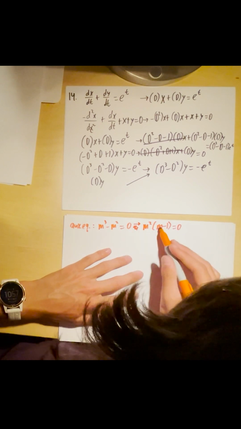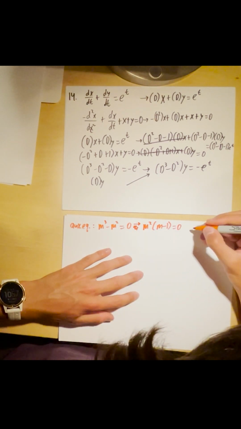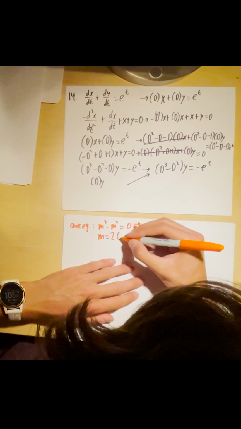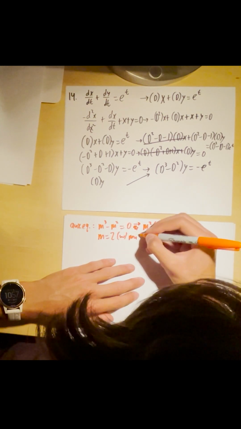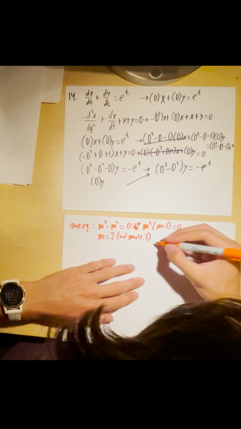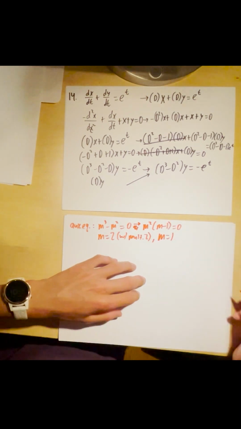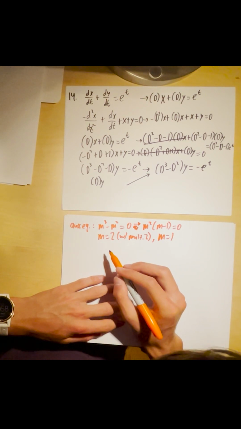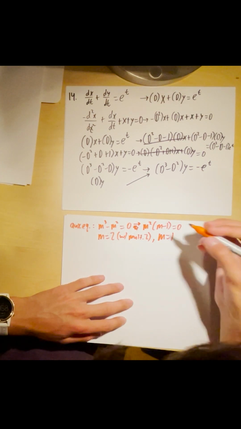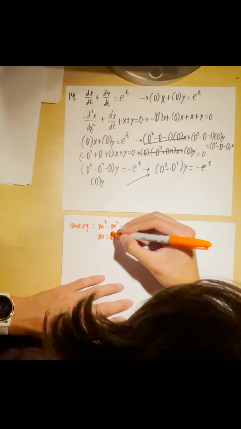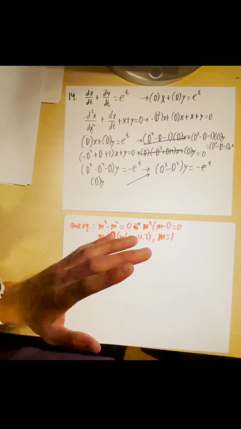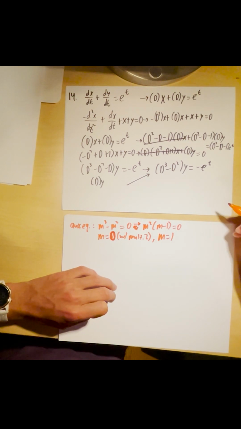From this we can get this. And now when we solve for m, we get m equals 0 with multiplicity 2, and m equals 1. Great. This is m equals 0 because m squared equals 0. We solve that, we get m equals 0. And the rule here is